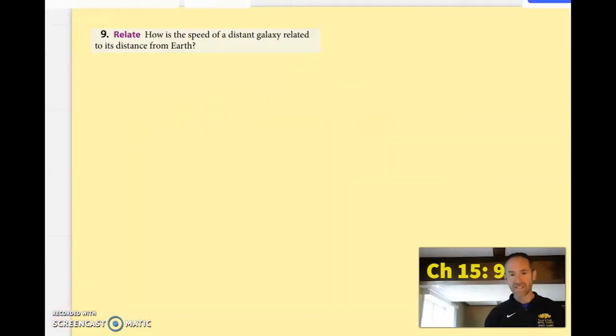Number 9 says, how is the speed of a distant galaxy related to its distance from Earth? Well, we have reason to believe that the universe is expanding. And so that means here's Earth and here's a distant galaxy. And because the universe is expanding, it's moving away from us. Edwin Hubble actually noticed that the farther the thing is away from us, the faster it seems to move away from us. And so if I had galaxy, galaxy, galaxy, galaxy like this,